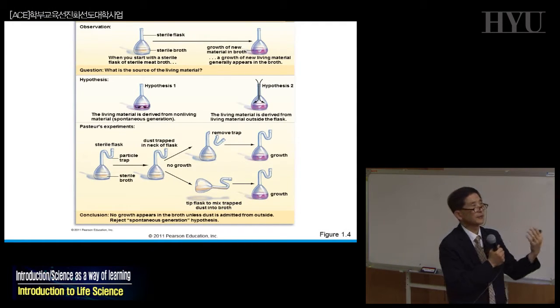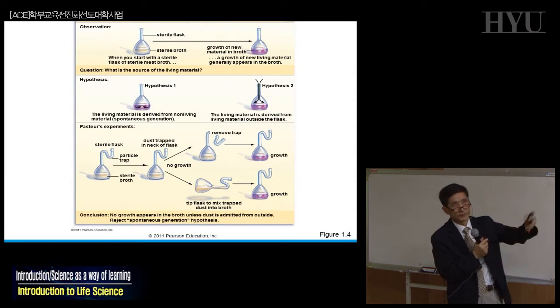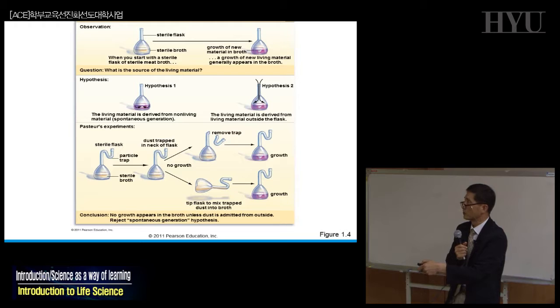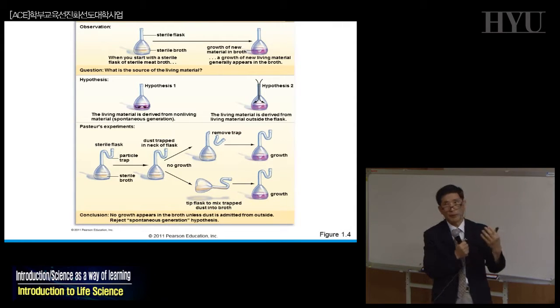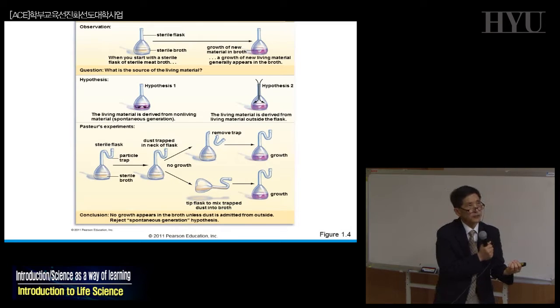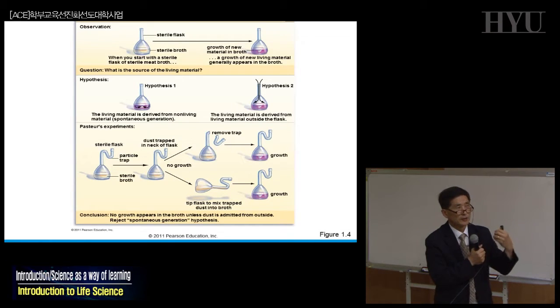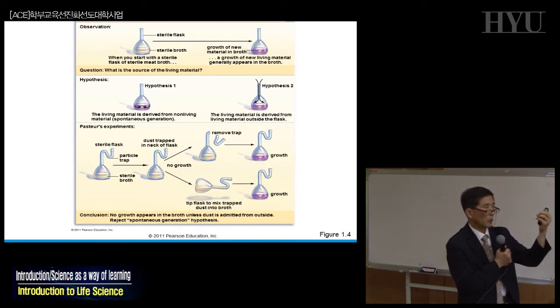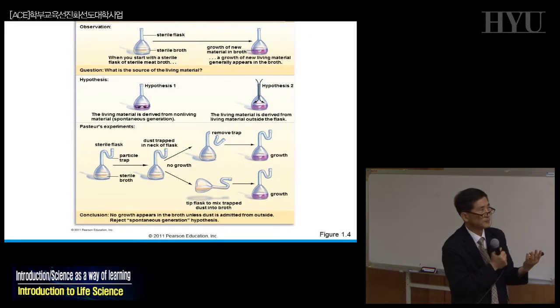So Pasteur wanted to test this idea. The phenomenon is like this: if you boil this flask with meat broth for a long time, and then let it sit for 2 or 3 days, now you start to see something growing inside. So the two hypotheses are: it is spontaneous, coming from the broth, or it's coming from somewhere else. Pasteur thought this was the case: some bacteria, a microorganism which we cannot see, is coming from the air. So how can you test? So he